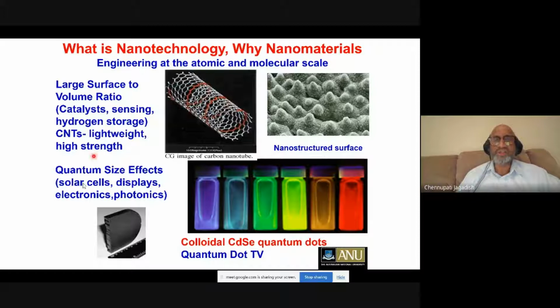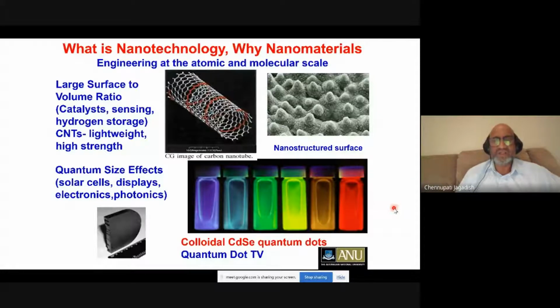The second thing which happens is quantum size effects come into the picture. So essentially changing the size of the nanoparticles, or the quantum dots, which we call them, you can really get different colors of light if you excite them with a UV light source, for example. Classical physics cannot explain how changing the semiconductor size can get different colors of light. But if you bring in quantum physics and solve the Schrodinger equation for a particle in a box, you should be able to explain how the different colors of light are emitted by these so-called quantum dots, for example.